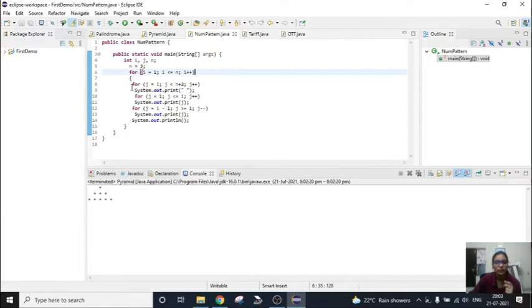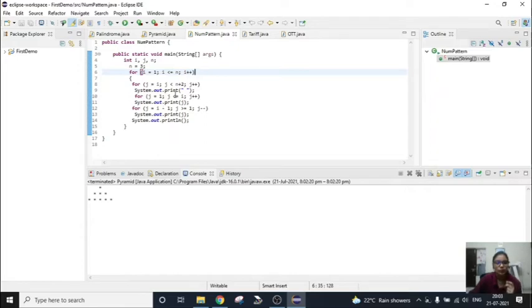And then the inner loops: the first inner for loop is for the spaces, and then the next for loop is for the first half of the pattern, and then the final for loop is for the second half of the pattern.